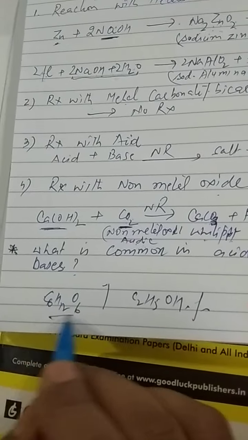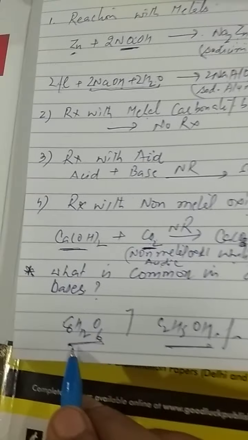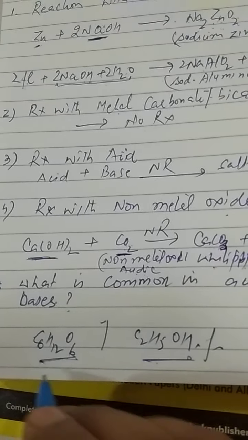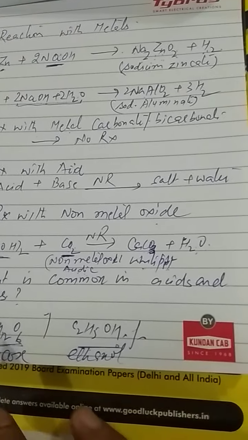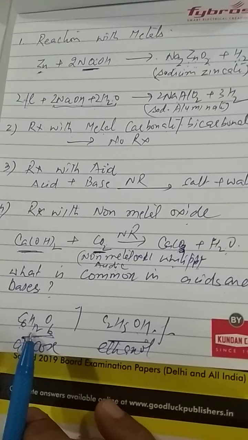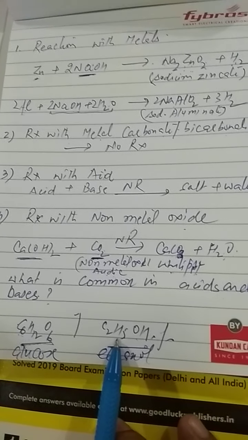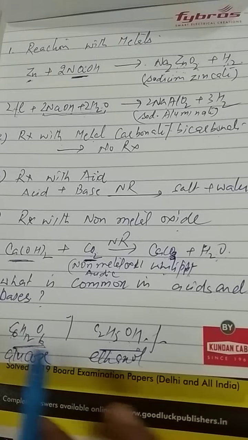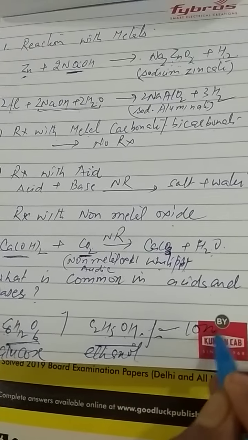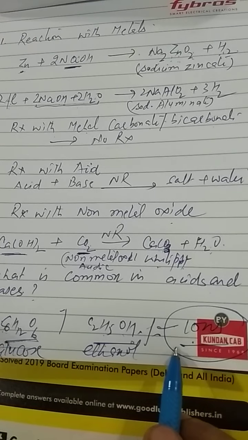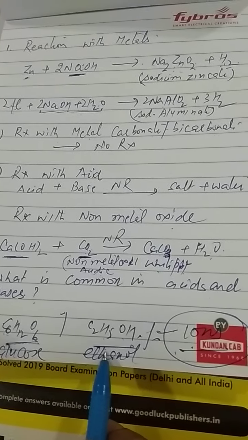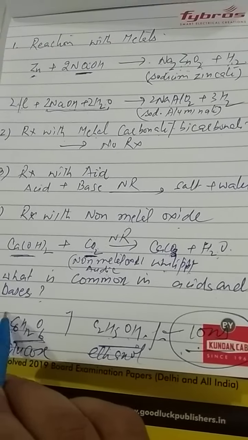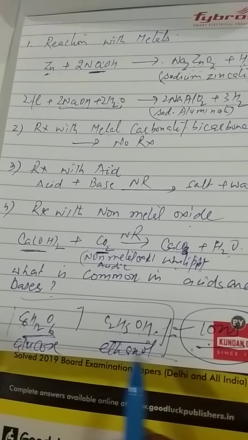And one more thing which is explained in that activity: in the solution they have taken glucose and ethanol. This is glucose and this is ethanol, or ethyl alcohol. These are also compounds containing hydrogen. You can see that hydrogen is there, but in both cases they do not dissociate into ions and therefore are unable to conduct electricity, right? When current is passed through the aqueous solution of glucose and ethanol,